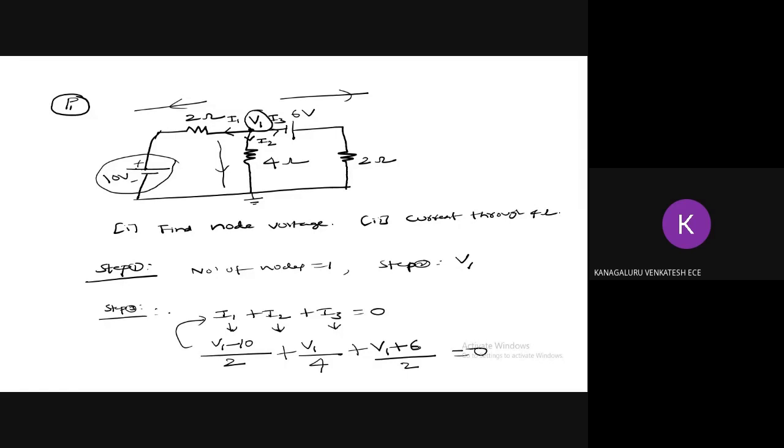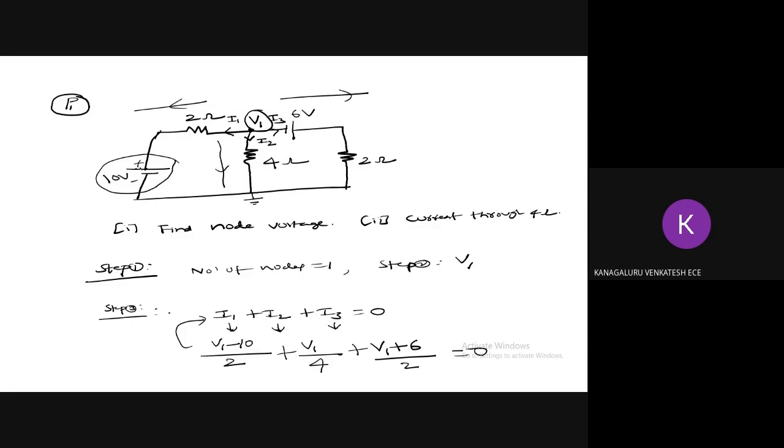Okay, I hope everyone understood what we are supposed to do in step 3. Write the KCL at the node, which is nothing but the algebraic sum of the currents leaving the node is 0. So I1 plus I2 plus I3 equal to 0. Next, apply Ohm's law. We will write each current, if possible, in terms of node voltage. Why so? To find out that node voltage.